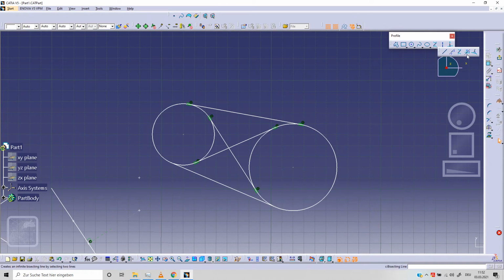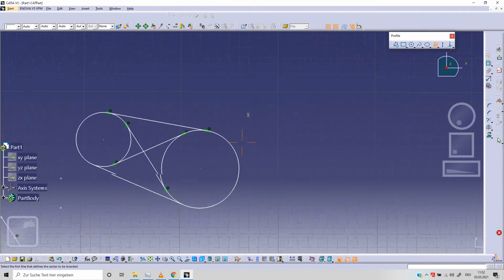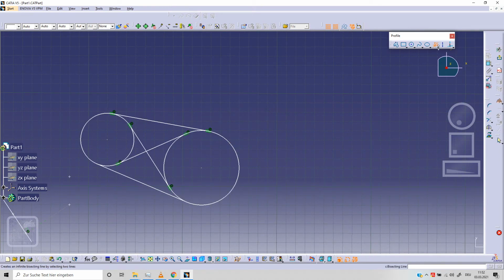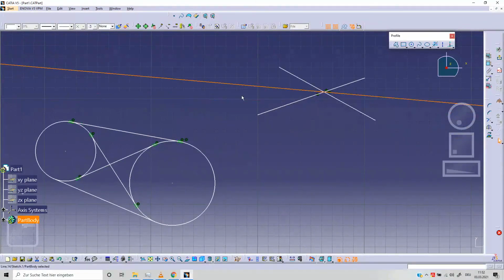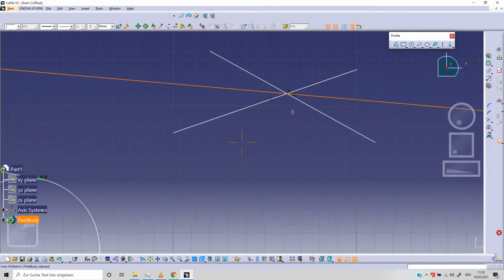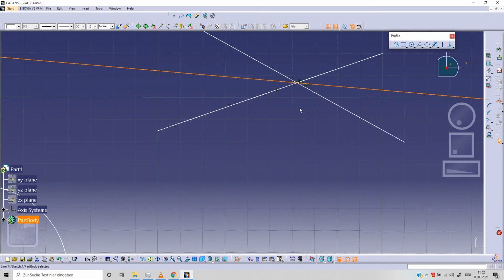This is bitangent. We've got bisecting line. So to do that, I need to design 2 different lines. This could be our first line and this could be our second line. Okay, and with geometrical constraint enabled, I can select bisecting line, this, and selecting 2 different lines, we've got this third line. This is an infinite line, as you can see here, with 2 different conditions. We've got 2 symmetry conditions between